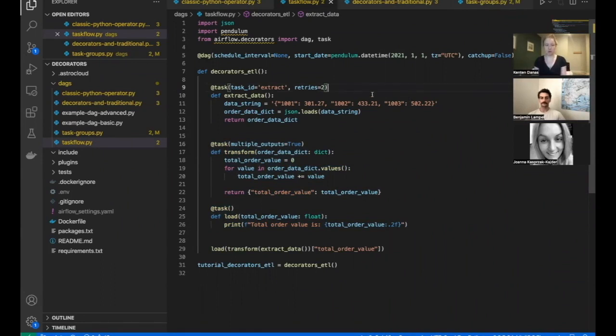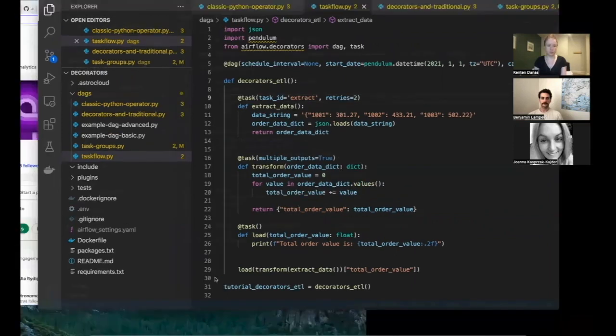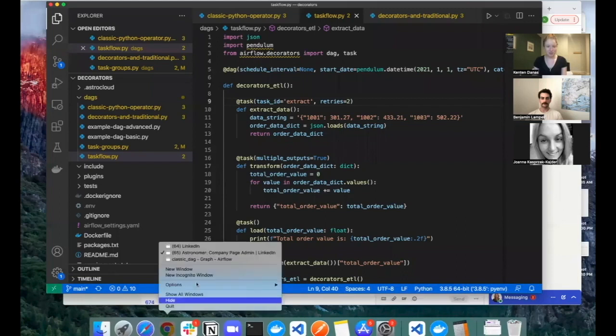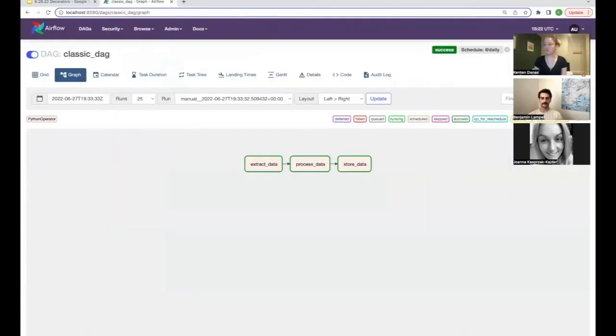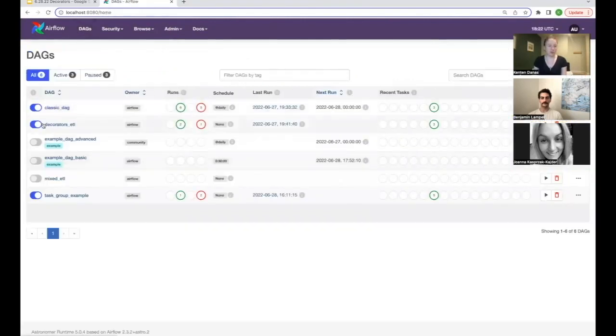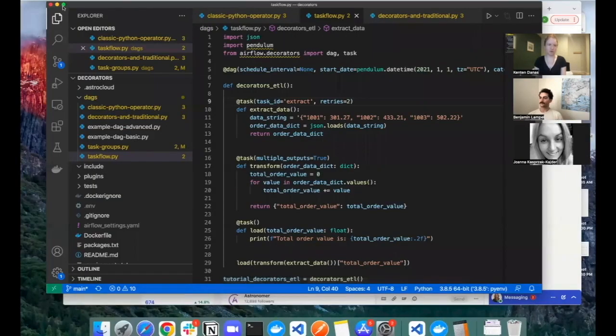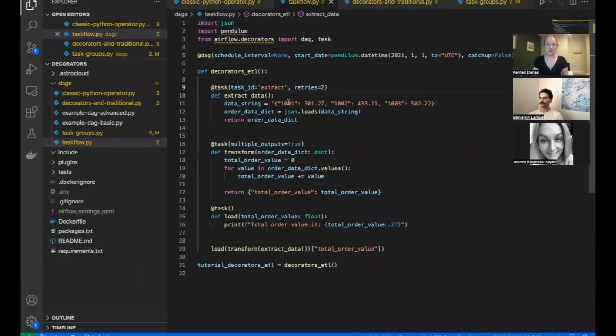So if I were to look in the UI, we'll go back to my Decorators ETL. Again, look at the graph. So you can see the same three tasks. So we're implementing the same flow in this DAG. Now, if I go back to the code editor,